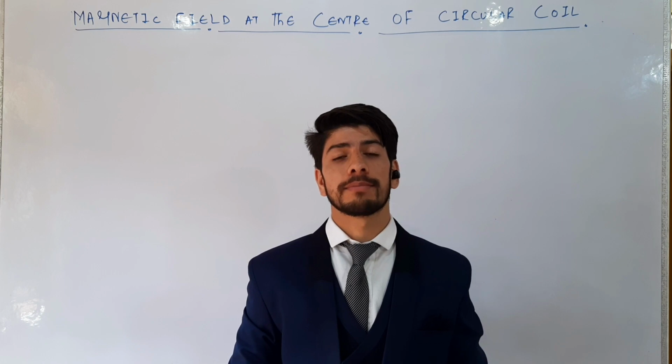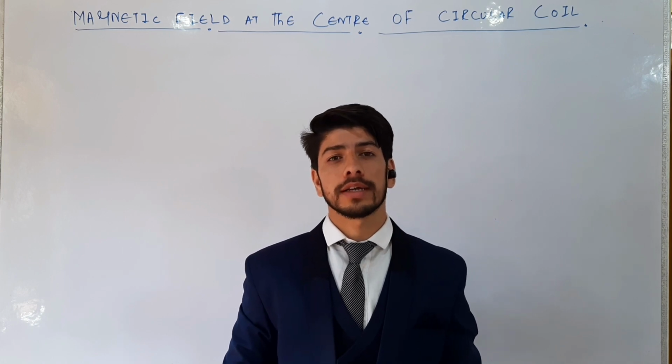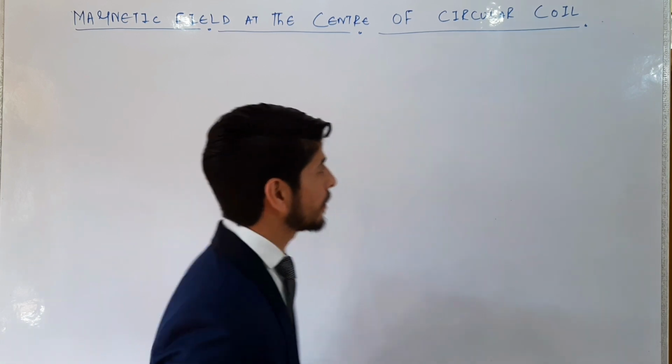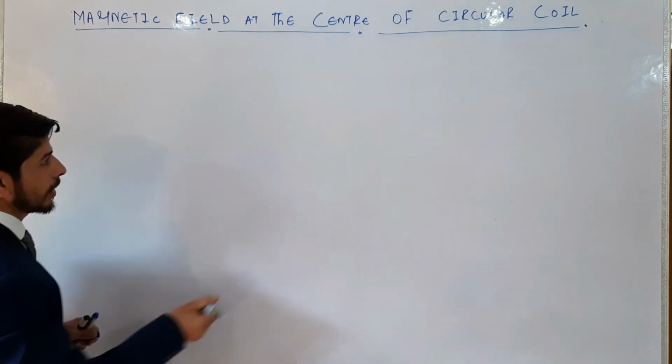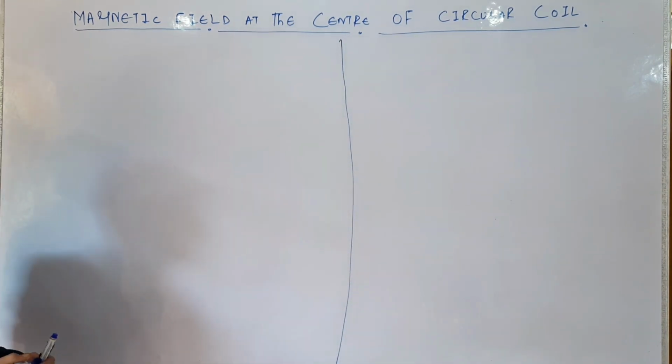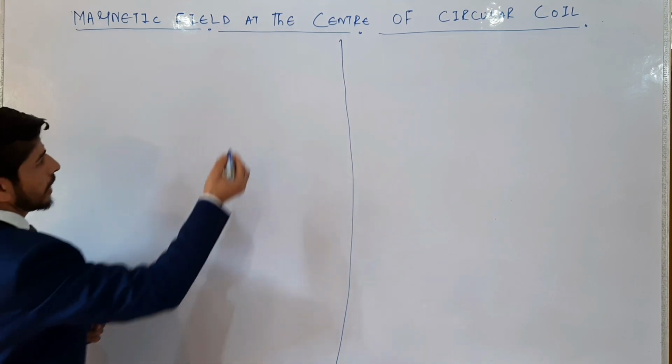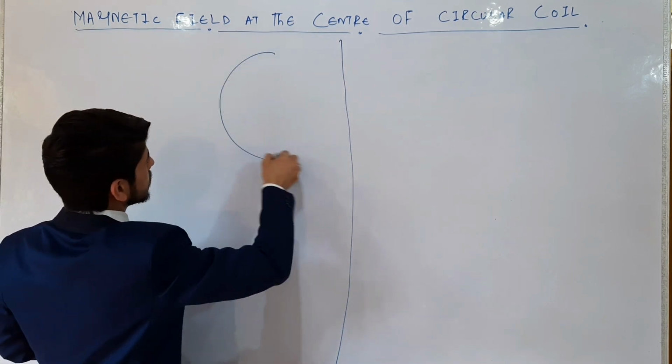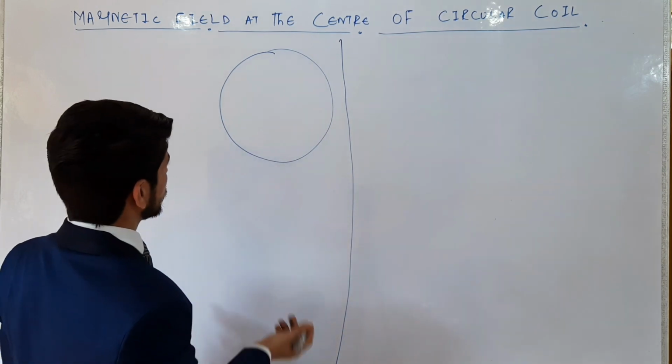We will discuss the magnetic field due to a current carrying circular coil. We have been given a current carrying circular coil and we have to calculate what the magnetic field due to this current carrying circular coil is. Suppose we have a current carrying circular coil. This is the current carrying circular coil